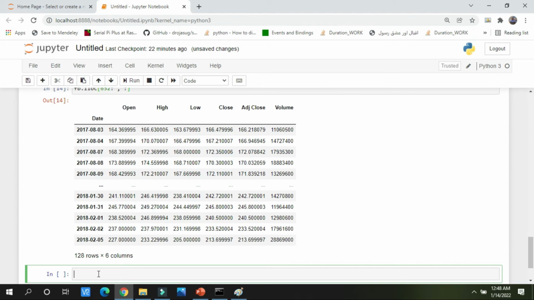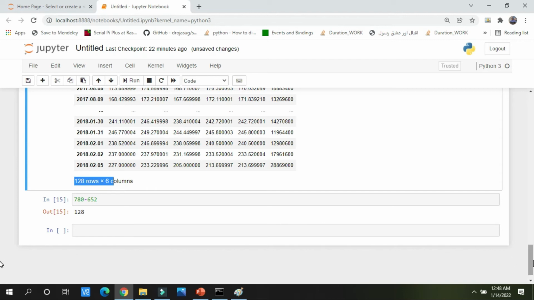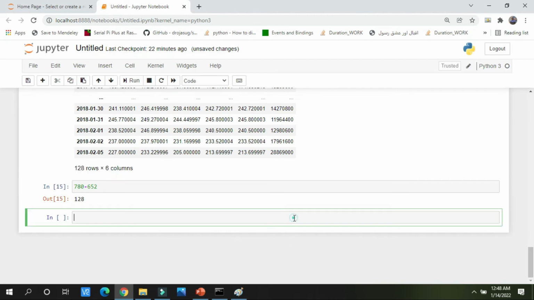There were 780 rows in total, and if you subtract 652 from 780 you get 128, and check it, it has given 128 rows. How mathematical our Python code is, how calculated we are going, and how excellent we are learning.